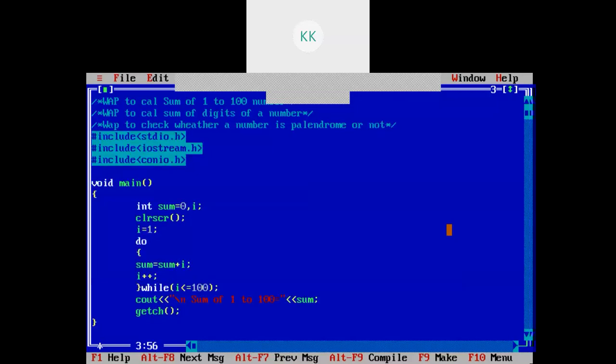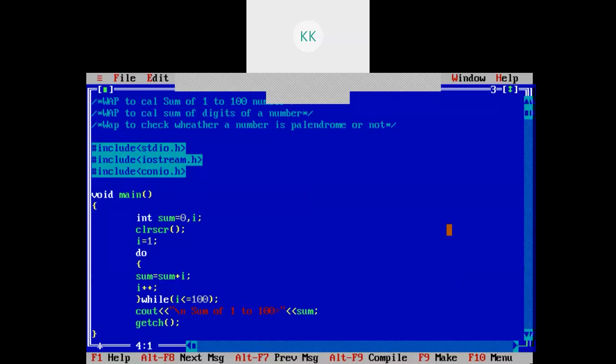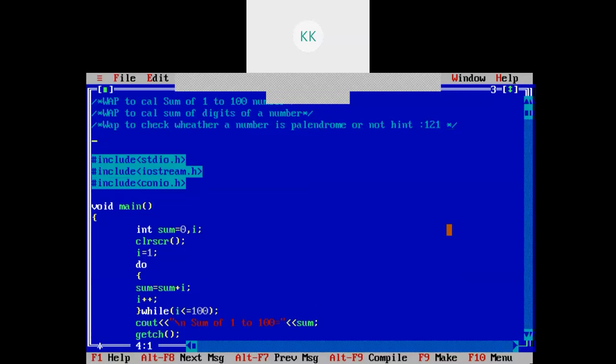Palindrome means if the reverse of a number is the same as the original number, then it is called a palindrome. For example, 1 2 1: if you reverse the number, it will again come to 1 2 1. That means this 1 2 1 is a palindrome number. So if the reverse of a number is equal to the original number, then it is called a palindrome number.